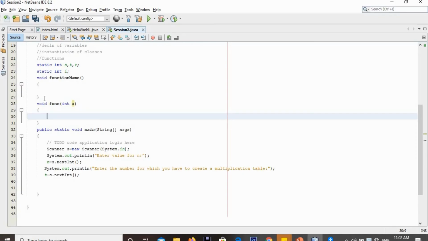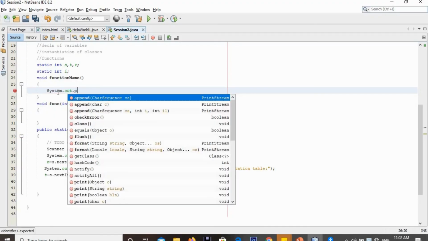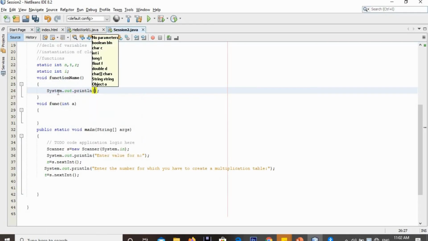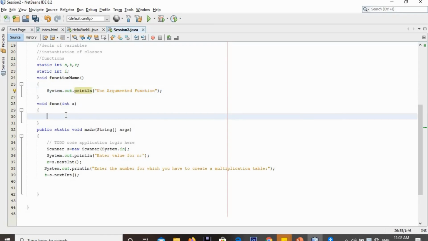Here we can write anything we want, such as some printf statement like non-argumented function, and argumented function. So in this program we have two functions: one non-argumented and one argumented function.